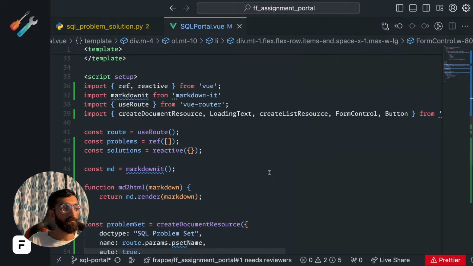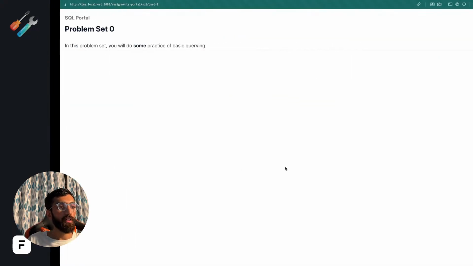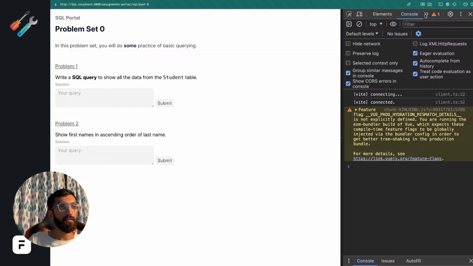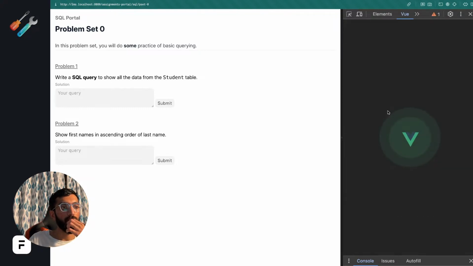Okay, I think we might have to initialize this to null. Let's see anyway. Let me just open up few dev tools